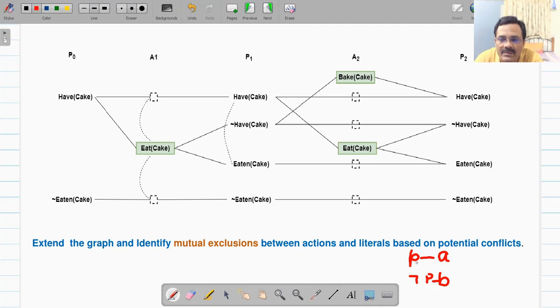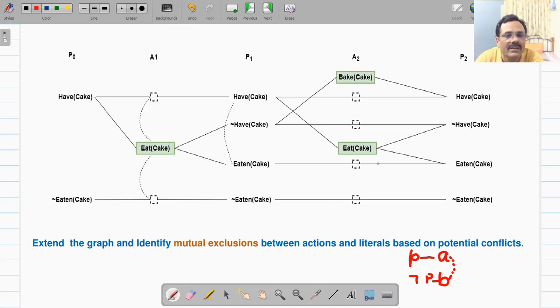So A requires P and B requires not P. So the need of A is P, the need of B is not P. So they are competing with each other in terms of their preconditions. Therefore we say that they have competing needs. If this is the case, you can either execute A, and P will be available, or it will not be available at that time. So either you can execute A or execute B. So A and B will be mutex in that case. So we will draw a dotted line which says that A and B are mutex actions.